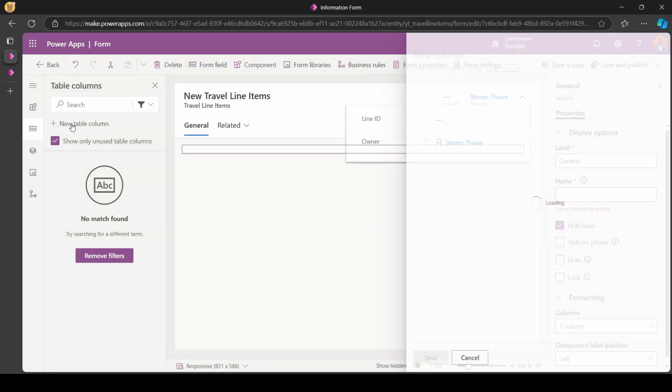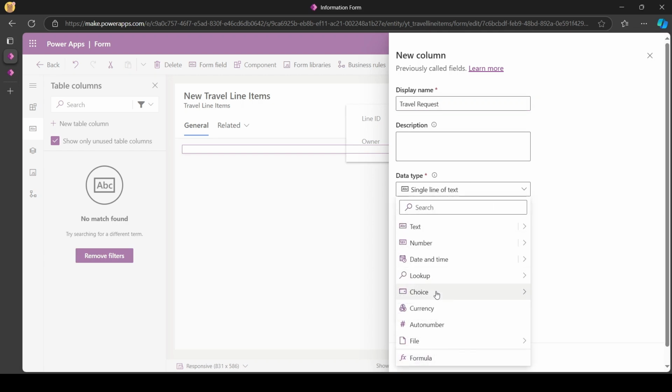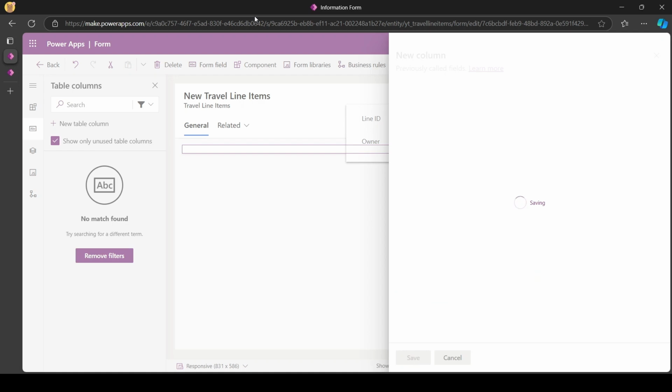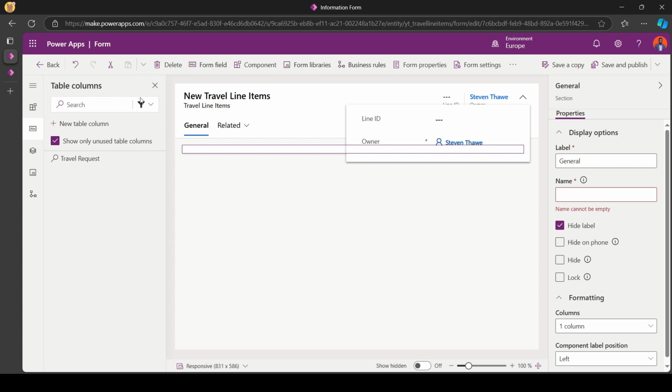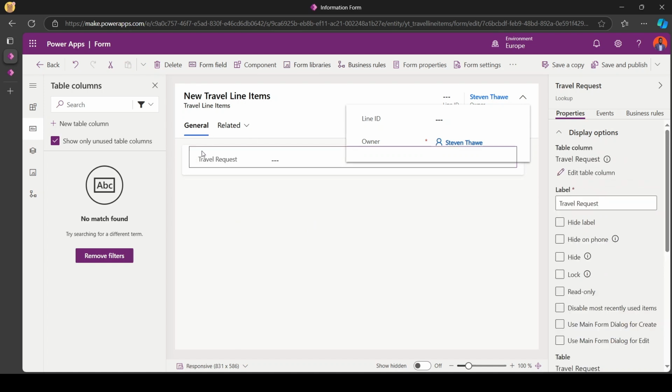And then from here, I'll add a new column. This column will be travel request. So the travel request, it will be a lookup column that is looking up from the travel request table that we've just created. This one, it should be mandatory, or I can just leave it there for the demonstration purposes, but whether you want it to be mandatory or not, that association has to be there. To add columns to our section here, you can just select the section and then just click it on there, and then it will add it accordingly on your form. So we have got the travel request, we have got the expense type,